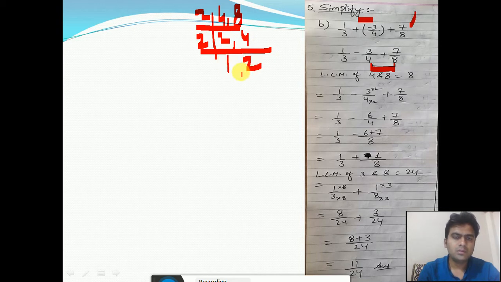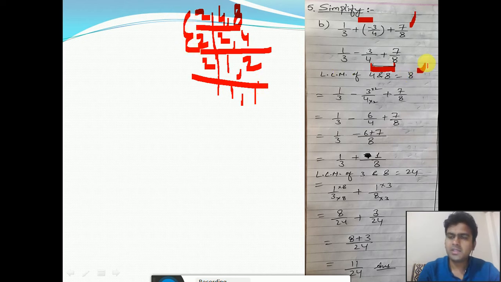Now the 2 numbers left are 1 and 2. Now you can divide by 2. 2 1s are 2, and the 1 is written as it is. So the LCM is 2 2s are 4, 4 2s are 8. So the LCM is 8. Or second thing, if one number is a multiple of another number, this 8 is a multiple of 4, so the LCM is the bigger number, that is 8.